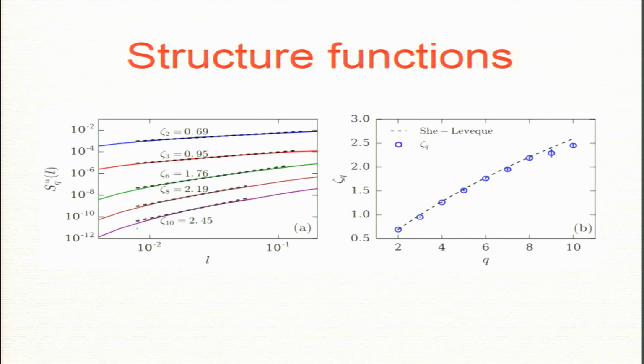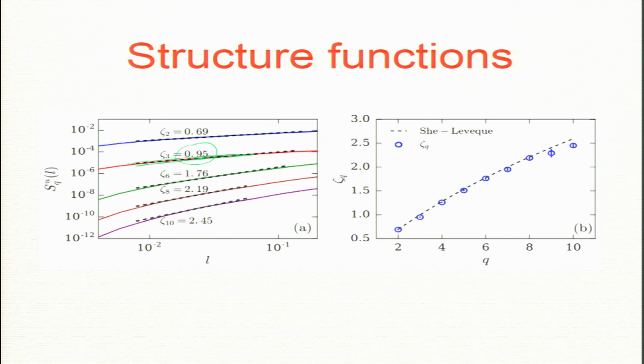So, these are... so look at S3, this is S3. So, S3 is what according to Kolmogorov theory, 1941, slope is 1, right, L to the power 1, minus 4/5 epsilon L, and this is that 0.95. If you look at 11/5, then you will get different zeta 3. So, this is for kinetic energy. Okay. So, we have not done for temperature.